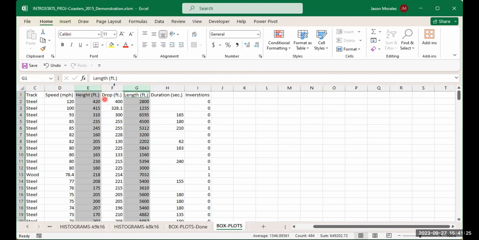Okay, so that's just a little trick. So use control to select 2 separate columns. Use shift if you want to select all the columns between a first and a last one. Okay, so I'm going to use shift just to select these 2. And now we want to insert a box plot. So we'll go to insert